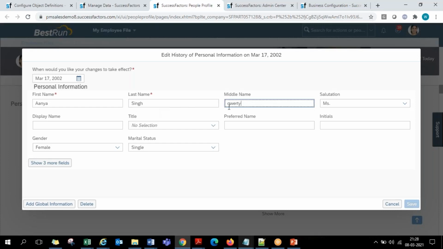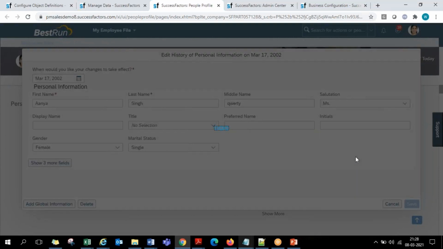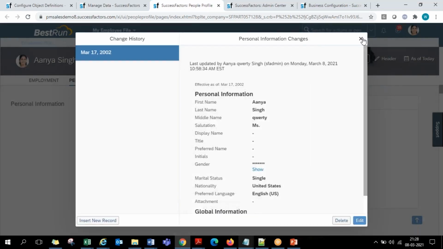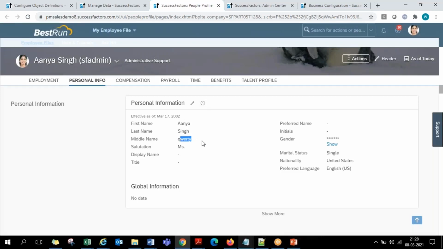I'm just giving this word. If you want to save it, you save it. So the change you have now made is something that is going to be effective since 2002.